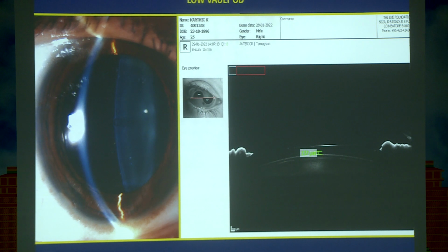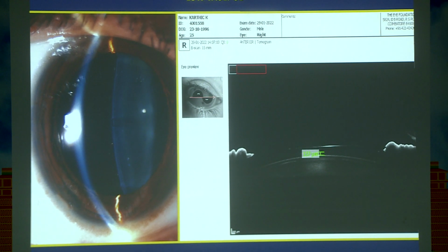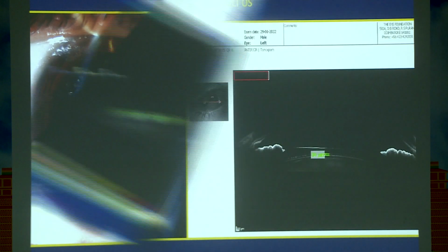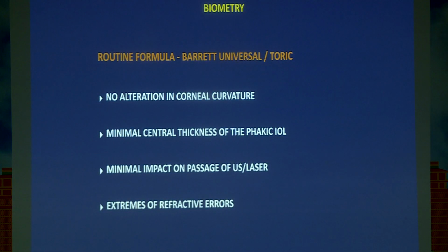But just because the vault is low, that's not considered to be an indication for removal of the lens. You can see this pair of eyes of the same patient followed up by us for about 5 years. Here I think the vault is just about 137 microns. The other eye is just about 84 microns. But you can see the lens is absolutely crystal clear. Obviously, just because the vault is low, you don't have to go ahead and explant these lenses, but follow them up closely